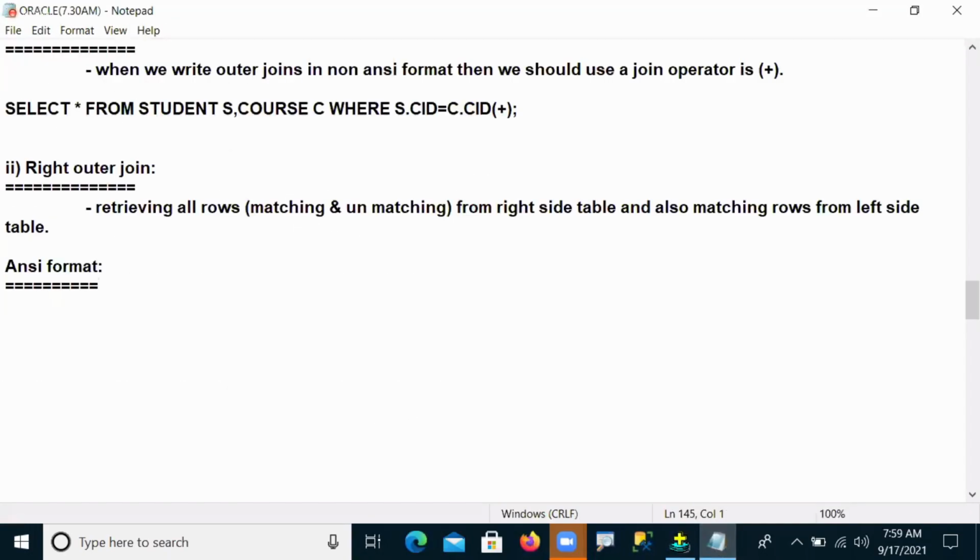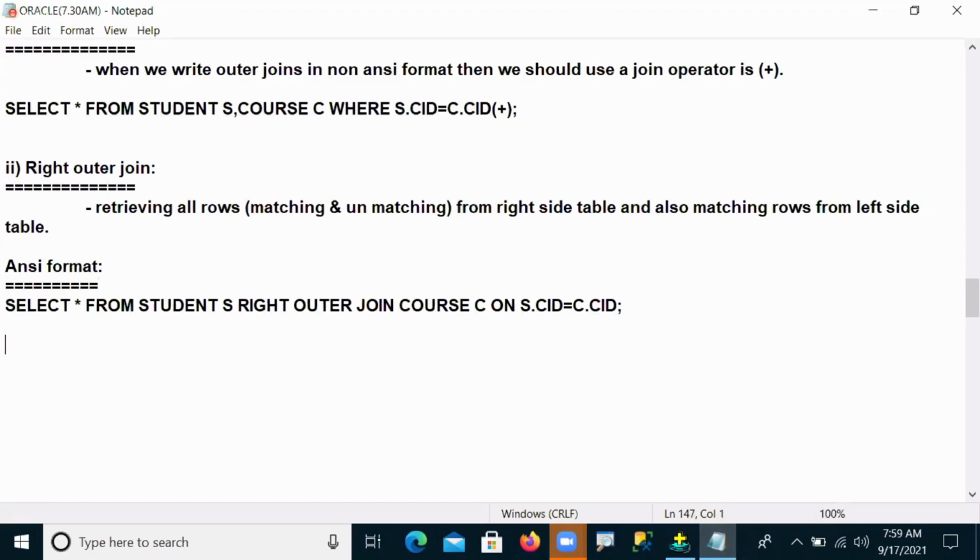Now the same thing I have to do in non-ANSI format.